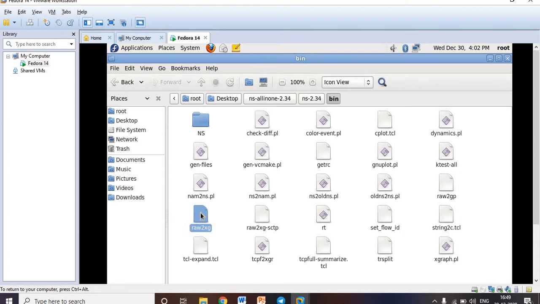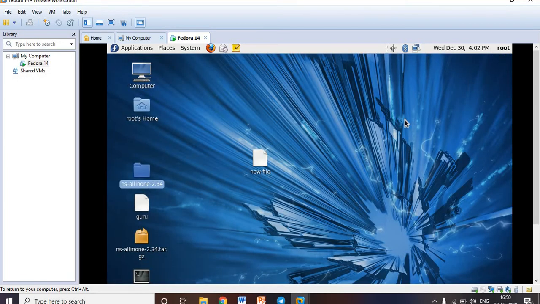These are the two more files we are using in the fifth and sixth programs. The path of these two programs you have to know. On desktop we have NS all-in-one, within that we have NS 2.34, within that we have bin, and within the bin folder we have getrc and raw2xg files. Now I'll show you how to save the file within the wireless script folder and how to execute the program.